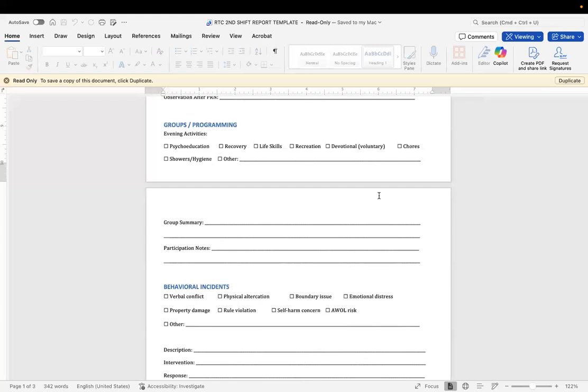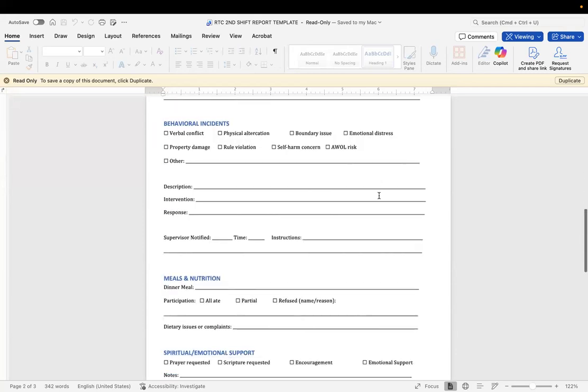So this is also where you can note if there was a fight. So maybe Johnny and Jimmy got into a fight and I watched that fight. Then you can still note that two other clients got into a verbal or physical altercation, and Kate was a witness to it, but she participated or she didn't participate. You can articulate that there.